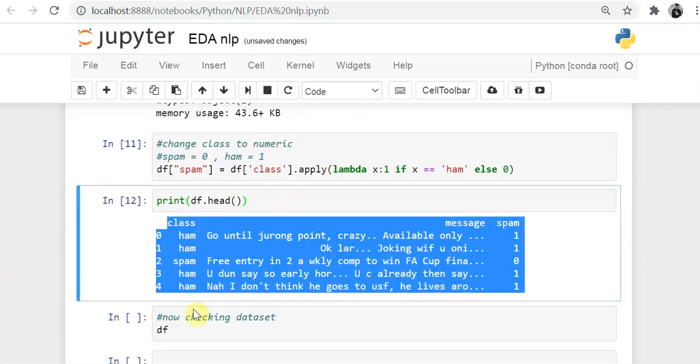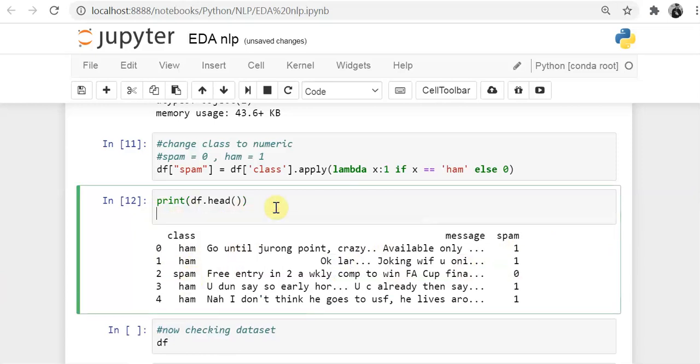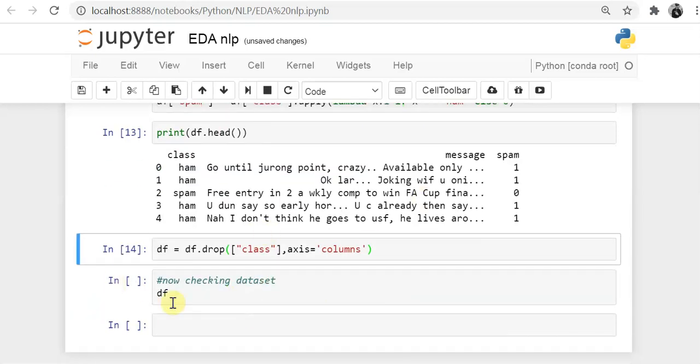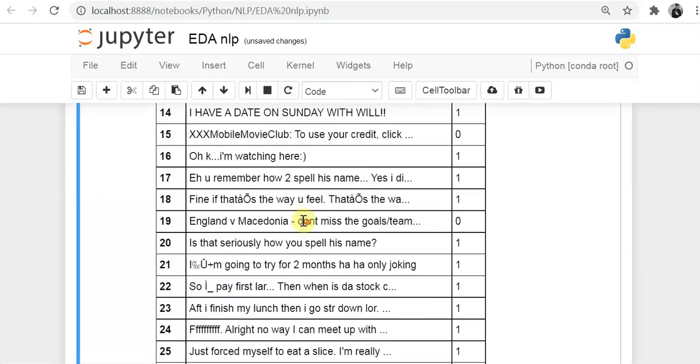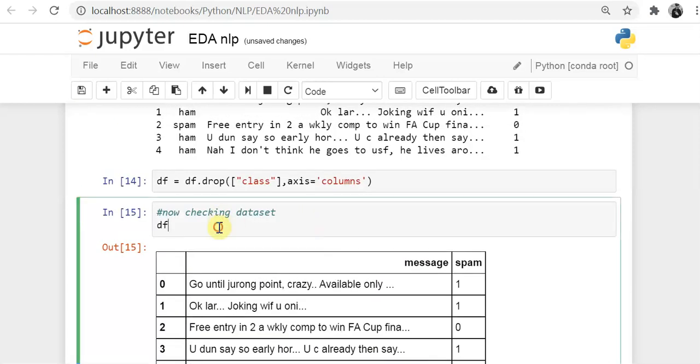We can drop this class column because we already have a spam column which carries the information about a spam message. So we do not need this class column, so we can drop it here. I will write df.drop with the column name and axis equal to columns. We have already talked about these things, right? Now our df is in proper format. I can work more and analyze the data because the shape of my data is now looking good. So we will see the analysis phase and the visualization phase after this video. So that's it for it.